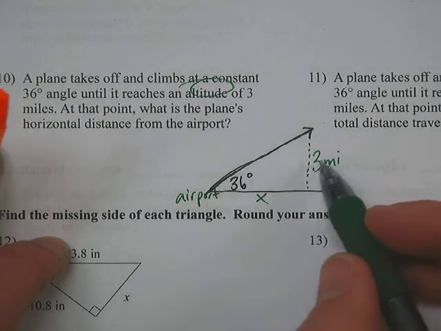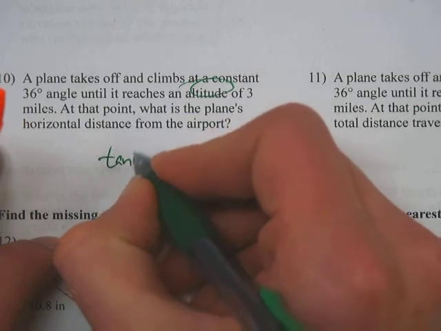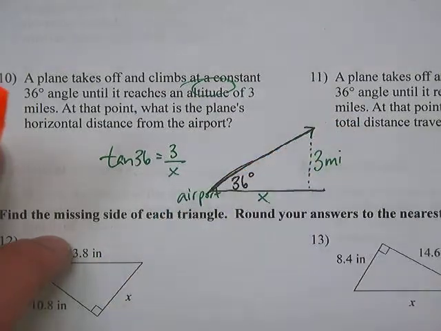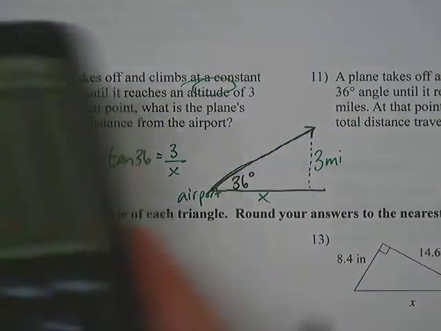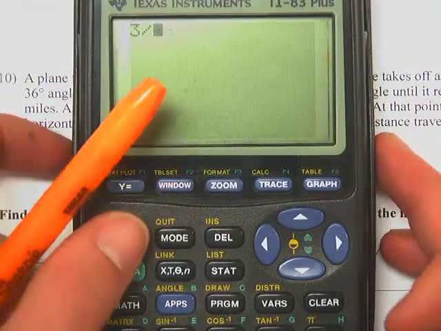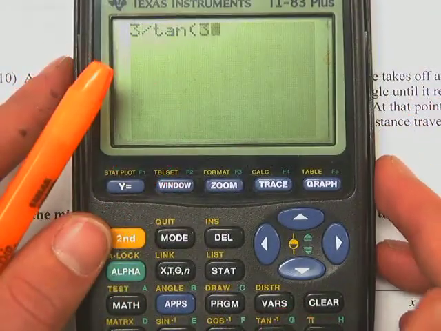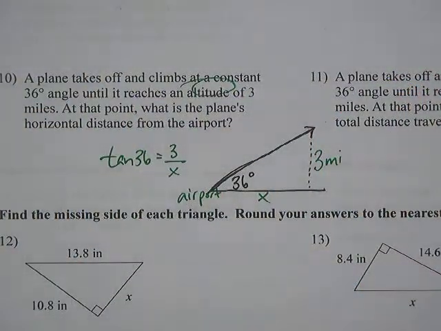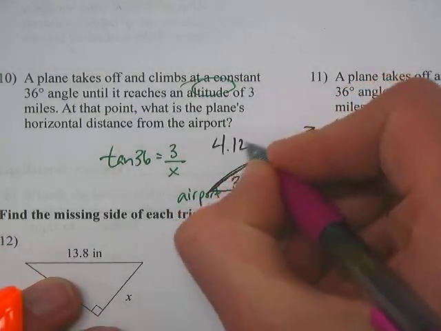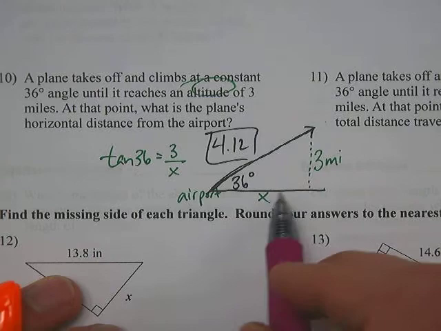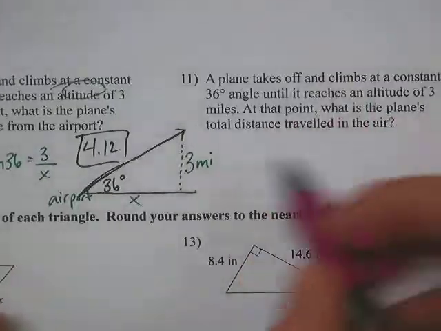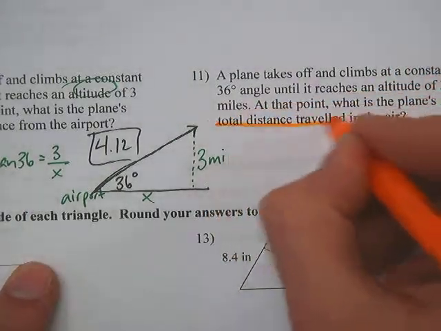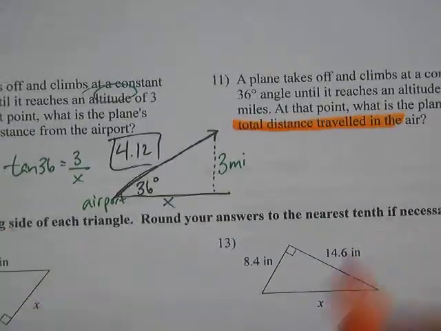Okay, this altitude, that's the vertical height from the ground. That's what altitude means. So it wants to know what is the plane's horizontal distance from the airport. Well, obviously it's going to take off from the airport, and it wants to know this horizontal distance. Well, this is just using tangent. Tangent of 36 is equal to opposite over adjacent. When x is on bottom, I divide. 3 divided by tangent of 36 degrees, we get 4.12. That is that horizontal